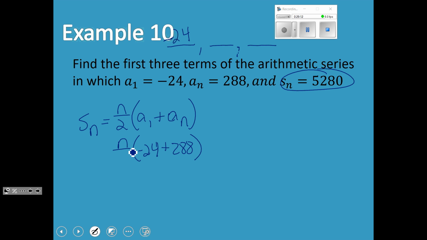We don't know the n. We don't know what number term that is. We know we're going all the way to 288, but we don't know if that's our 5th term, our 10th term, our 15th term. We know the sum, though, when you add it all together, is 5,280. So let's go ahead and solve for n, because we're probably going to need that to use in the other formula. So 288